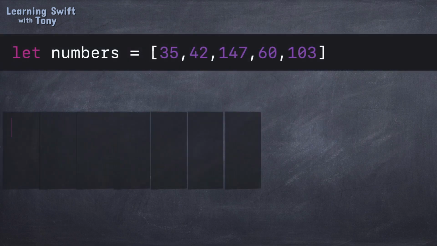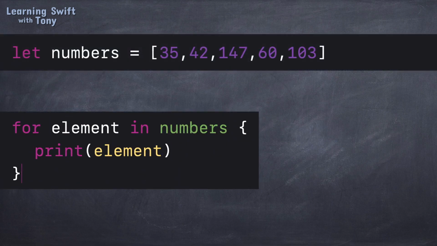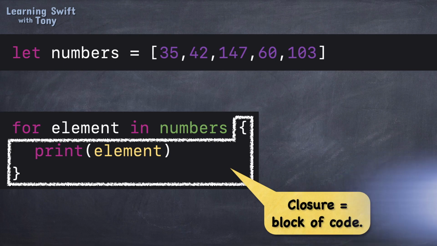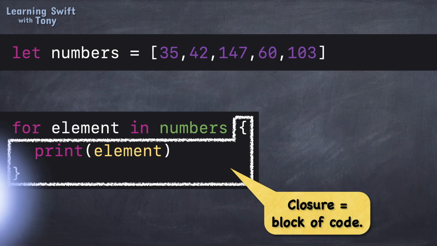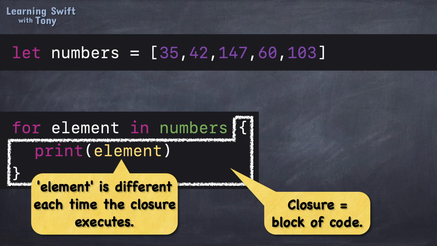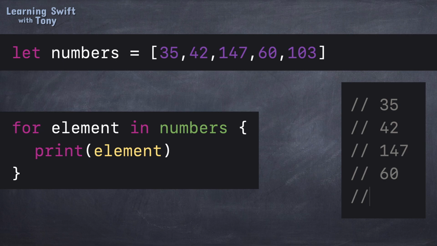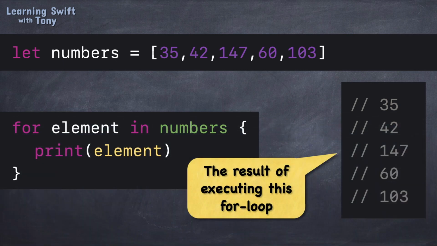The most common way to loop over an array is with a for loop. It executes a closure for each element in the array in sequential order. The closure is enclosed in curly brackets. Inside this closure, we get access to one element from the array, but each time it is a different element. Keep in mind this closure is written only once, but executed multiple times, one time for each element in the array, which means the execution of this particular for loop will print in order each element in our numbers array.